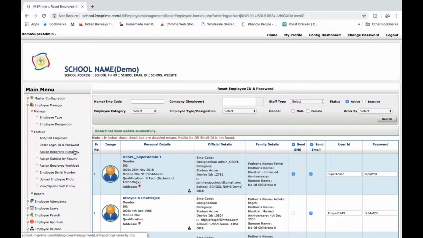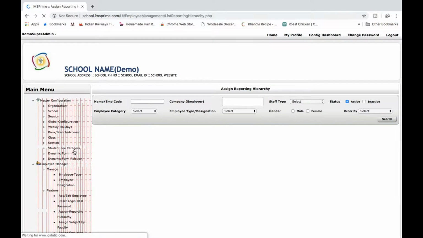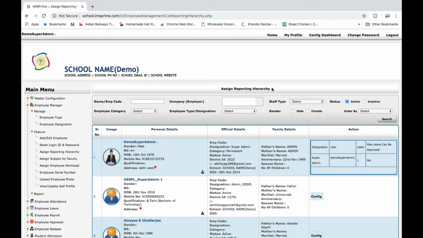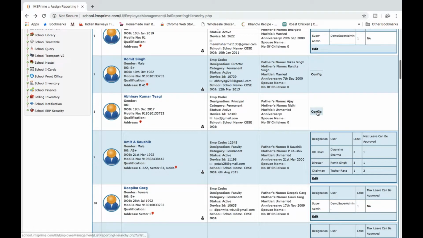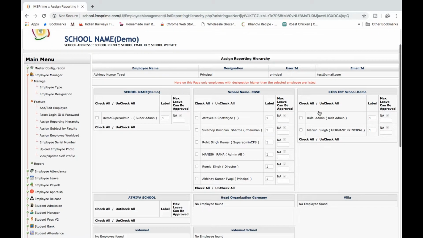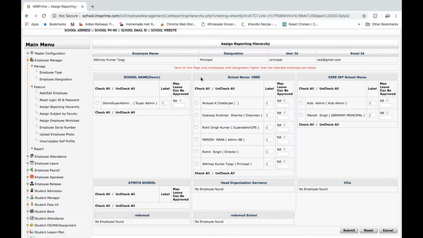So the next menu is assign a reporting hierarchy. In this module we define the employee hierarchy, so we'll see how to do it. Suppose for this employee, there are many options available. As written here, on this page, only employees with a designation higher than the selected employee are listed. By that it means